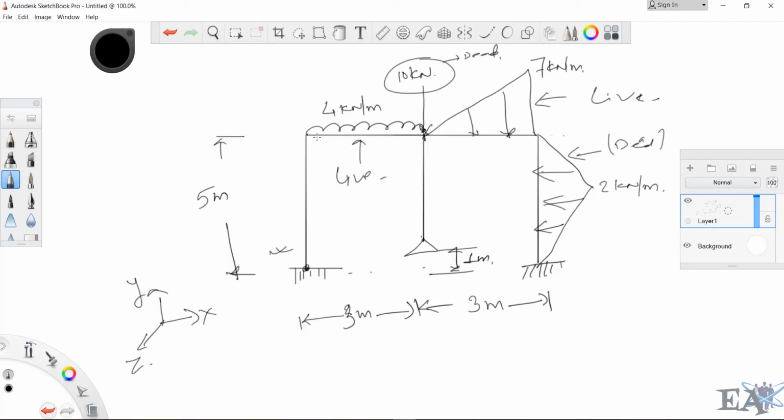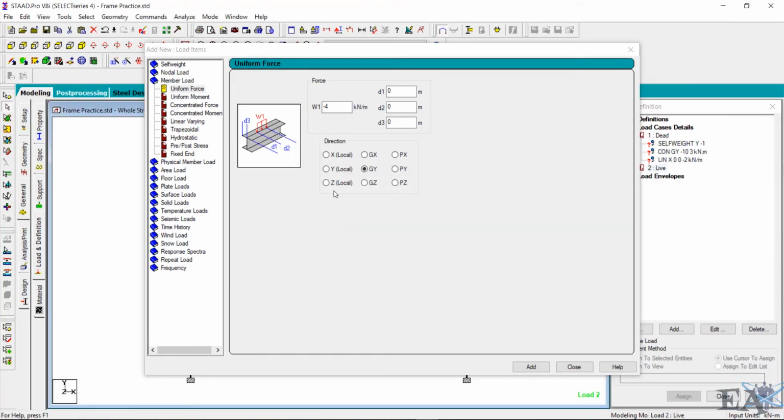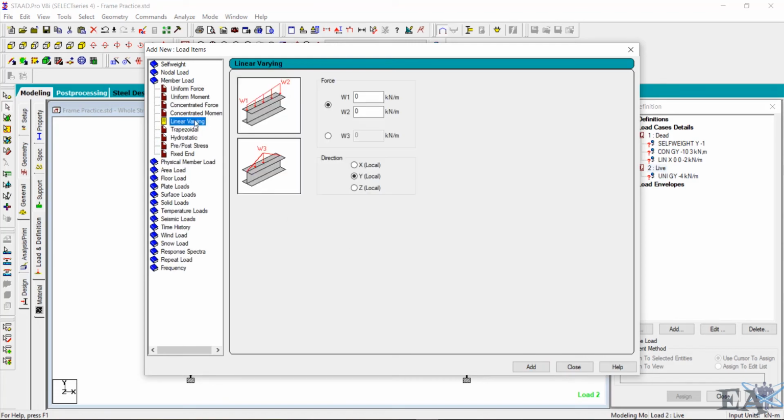So there is no D1 value and there is no D2 value, and as we are applying at the center of the beam, there is no D3 value as well. Okay, so save it. It's minus 4 and the direction is GY, that is the Y direction. So click on add. So next load that we are applying is the linearly varying load,